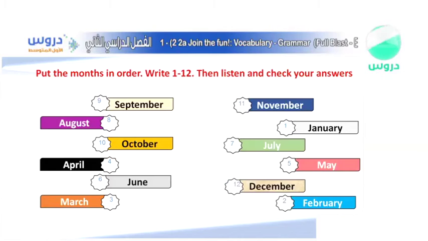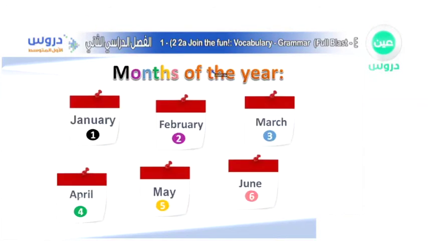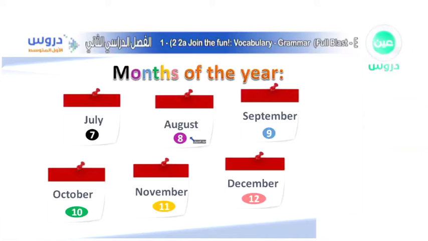Okay, so once again, let's go back to them again. Did we get them right? January, February, March, April, May, June, July, August, September, October, November, December. Let's go back again. As you can see, the months once again: January, February, March, April, May, June, July, August,